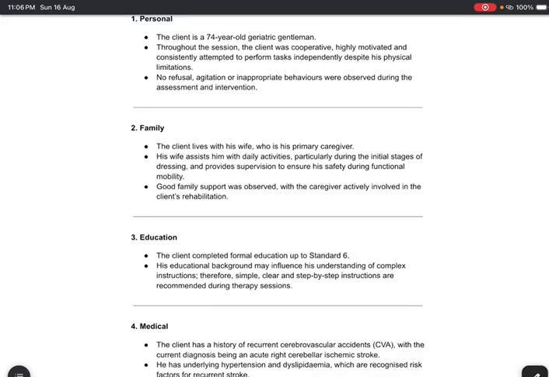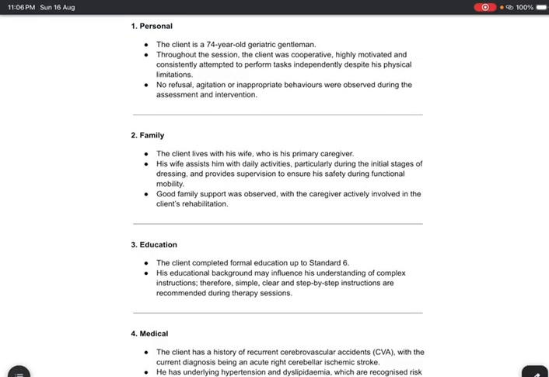Firstly, in terms of his personal background, Mr. K is a 74 years old geriatric gentleman. Throughout the assessment and intervention sessions, Mr. K was cooperative and highly motivated to participate. He consistently attempted to perform activities independently whenever possible, even when he experienced physical limitations. No refusal, agitation, or inappropriate behavior was observed throughout the assessment and intervention sessions. Mr. K also demonstrated a strong desire to regain his independence in his daily activities, which is considered a positive